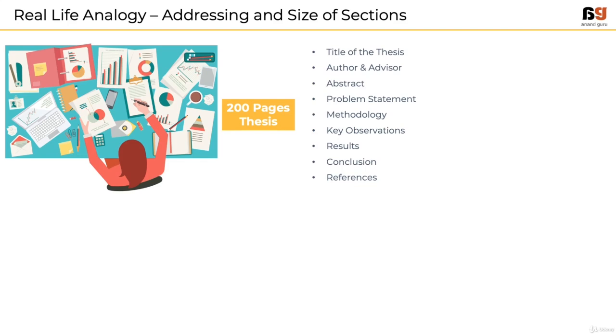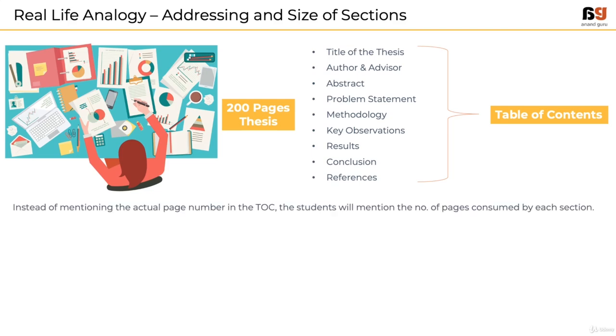Obviously, every thesis will include a table of contents which will help the faculty in quickly navigating through a 200-page thesis. Here is where it gets interesting. Instead of mentioning the actual page number in the TOC, the student will mention the number of pages consumed by each section. Like this. Title of the thesis is covered in a total of 1 page